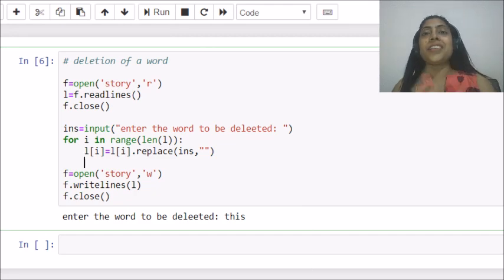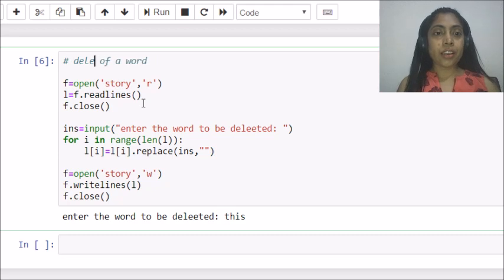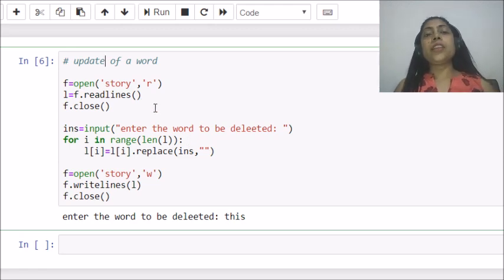I have inserted a word with the use of replace. I have deleted a word with the use of replace only. Now the third operation is updation, that can also be performed with the use of this replace function. I can show you that. Suppose I want to update each occurrence of a word with another word.